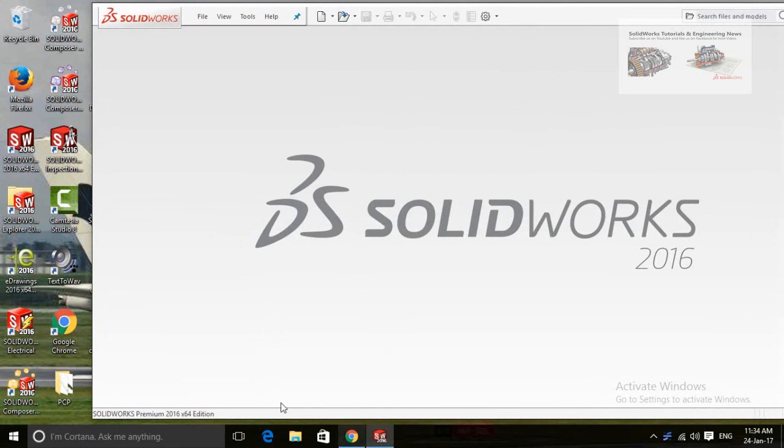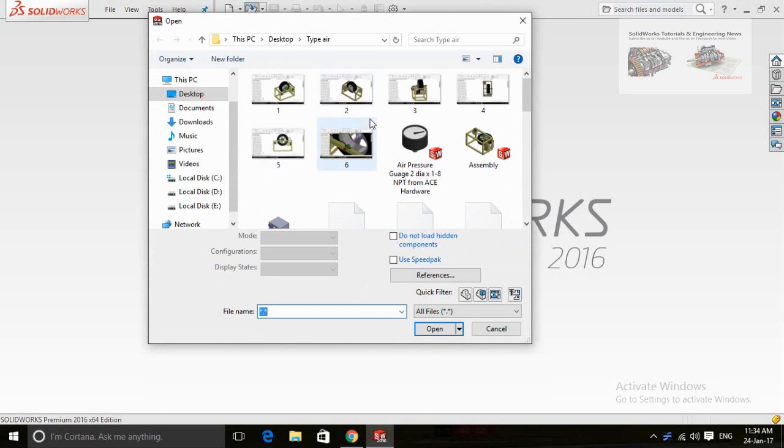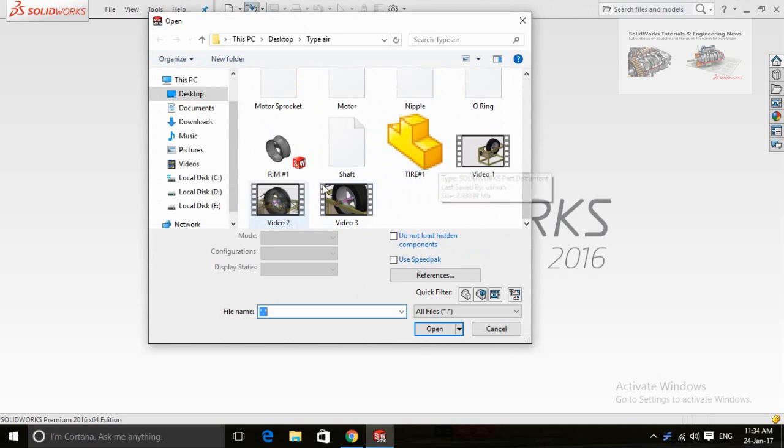When you install SolidWorks, a number of icons will appear on your desktop. So don't be confused and open the first icon. A window like this will appear on your screen. Click on the open icon up here and select any SolidWorks file that you want to open.